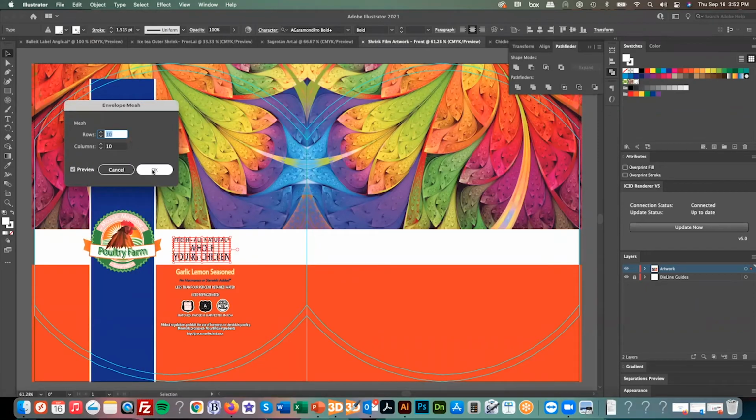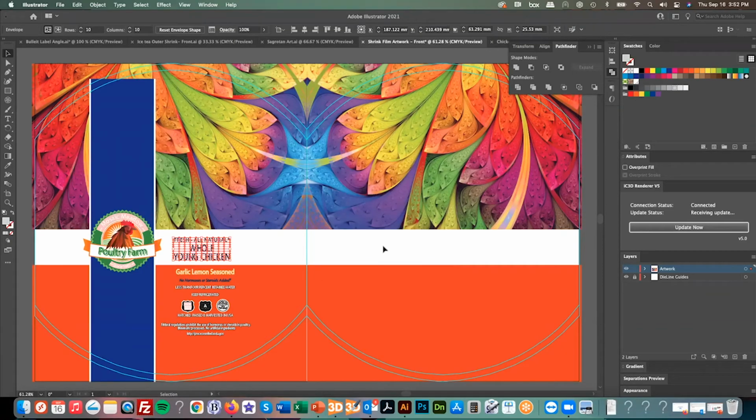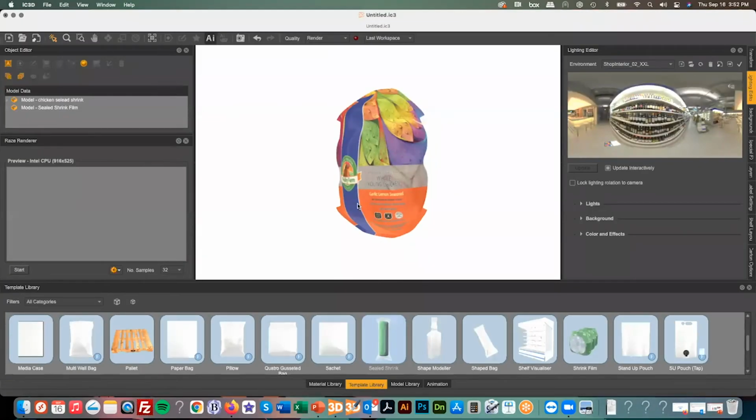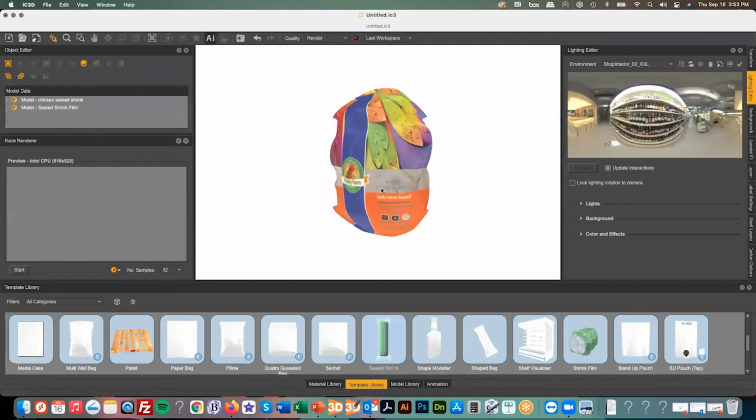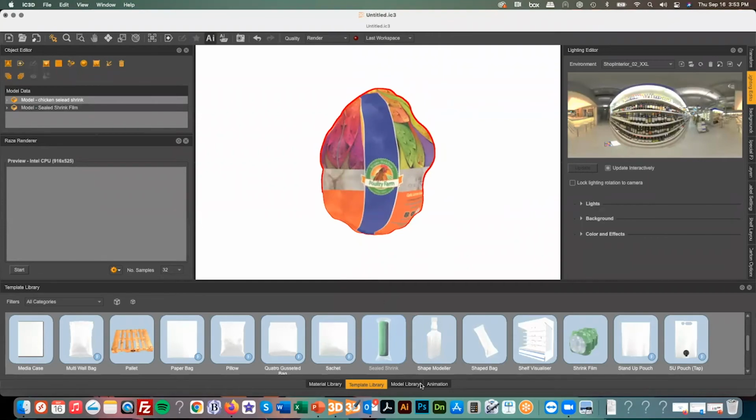But effectively, I can come in here and change that to match as well. So it's decided to crash for some reason. But yeah, once we've done the distortion, the final thing to do on this is to come in here and